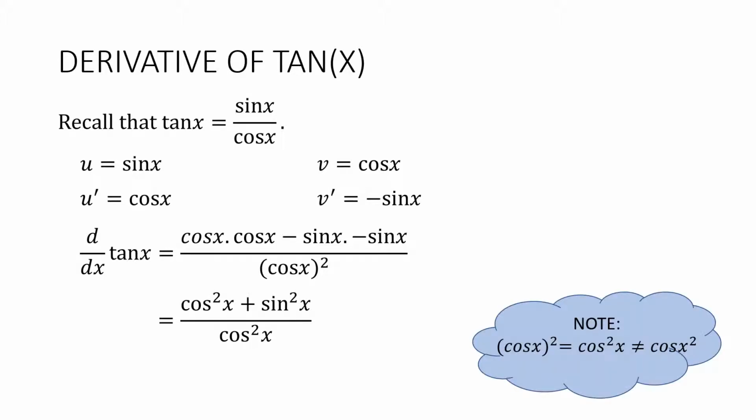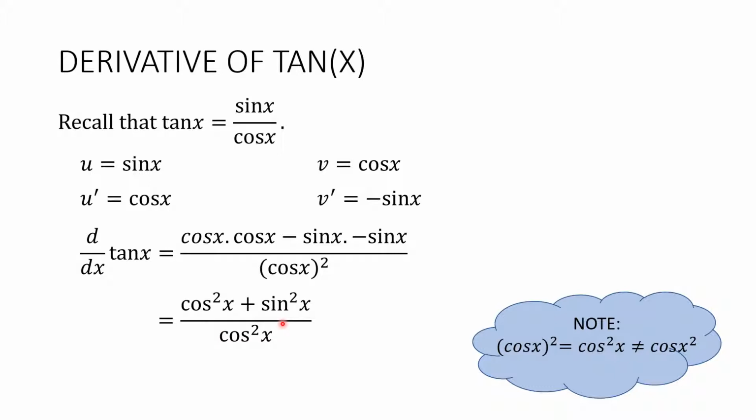Now, just a note here. Cos x all squared can be written as cos squared x. It's a shorthand way of writing it, but it's not equal to cos x squared. They're kind of taking liberties writing it like this, because it really is cos x times cos x, but this has become accepted notation. That's completely different. That means cos of x squared. So here you can see I've got cos x all squared. I've turned it around to be cos squared x, and same here, cos x times cos x is cos squared